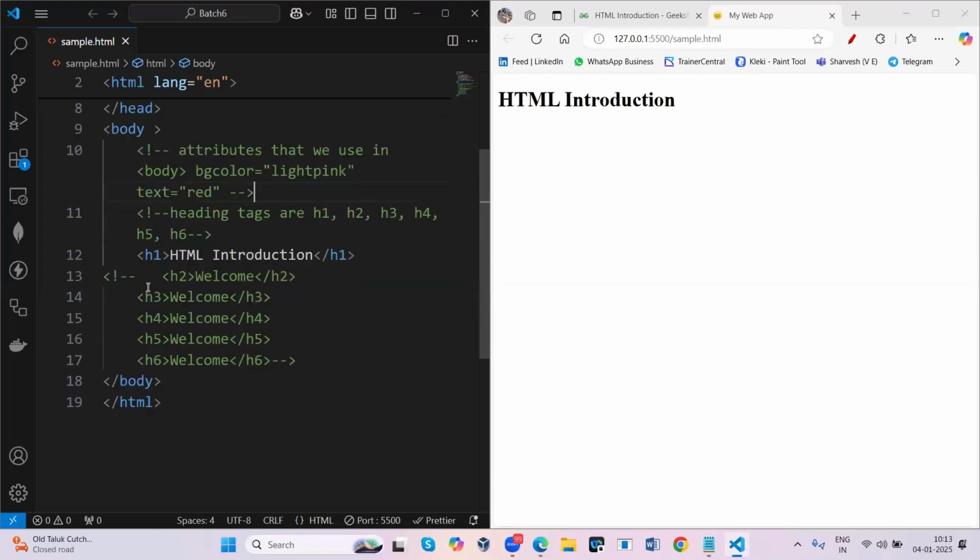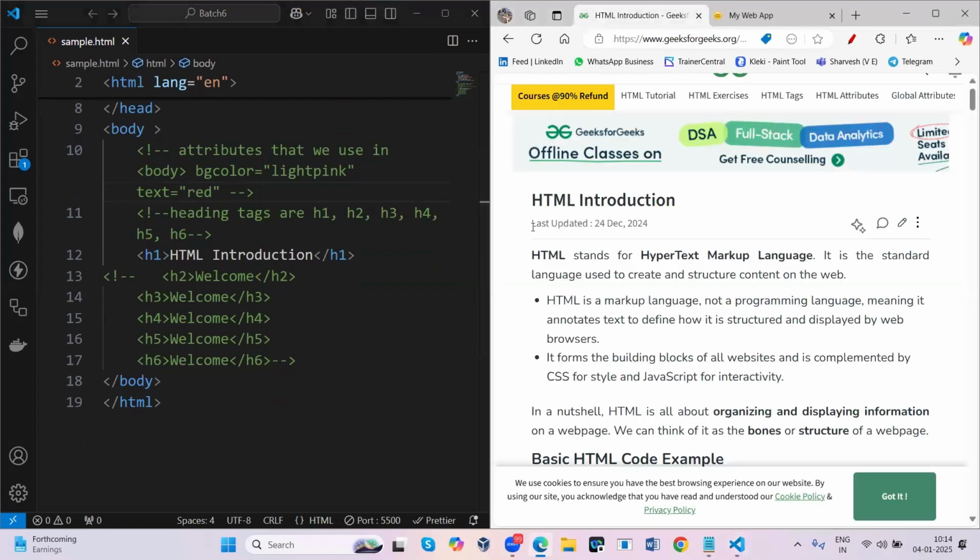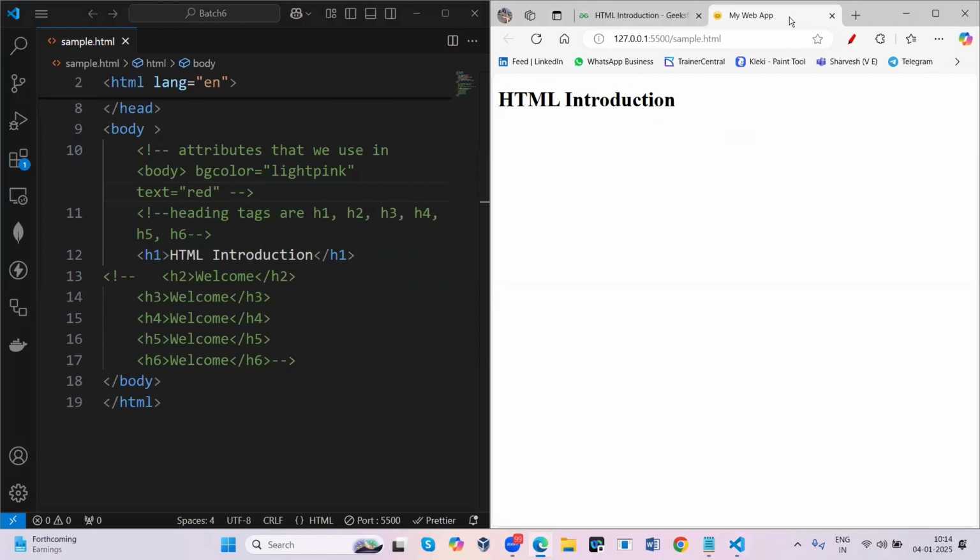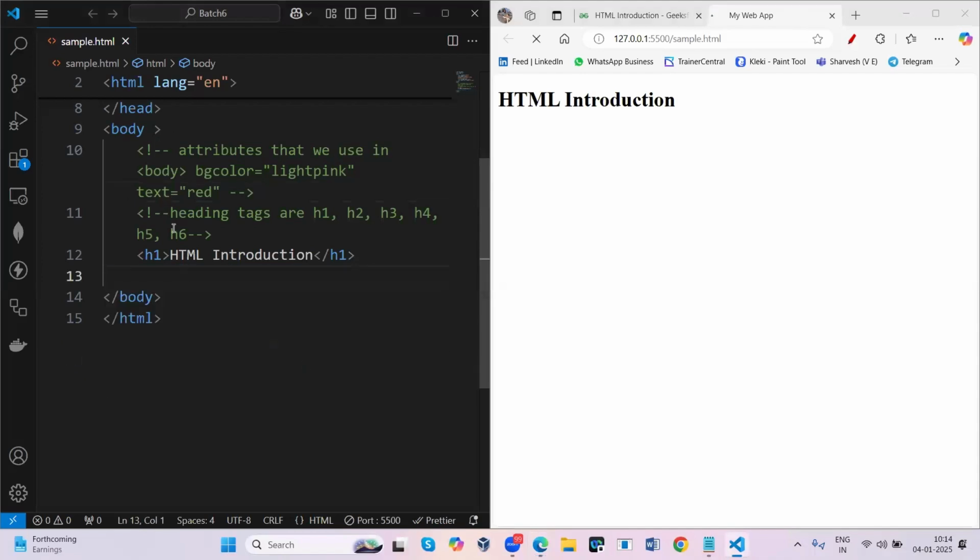Next, now it became like the previous thing. Now I just want to display this one. So I'll just copy this last updated like this. You can keep any sample document and implement it. If you don't want, you can remove this also. I'm removing. Now I just want to explain about the comments, which I just explained. Now, to make it a little fun, you can make use of different types of tags.